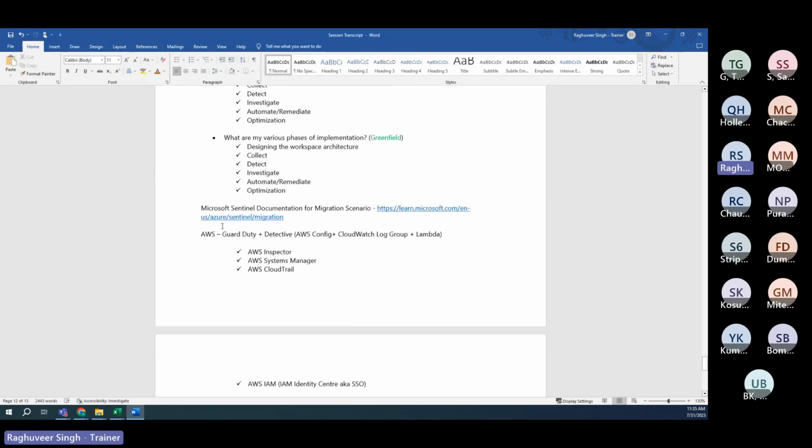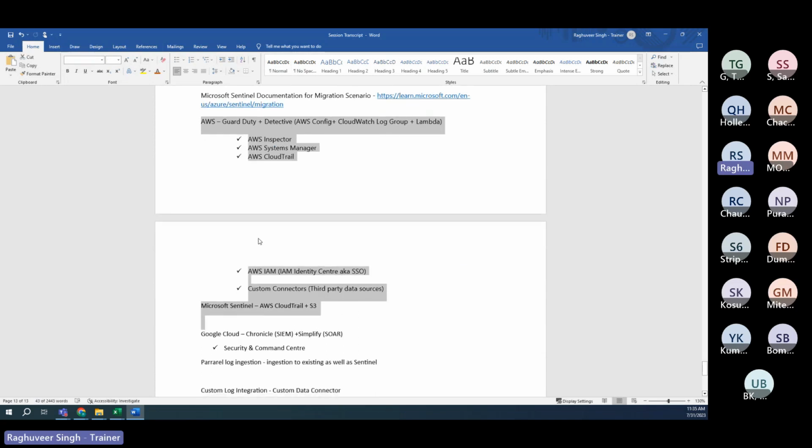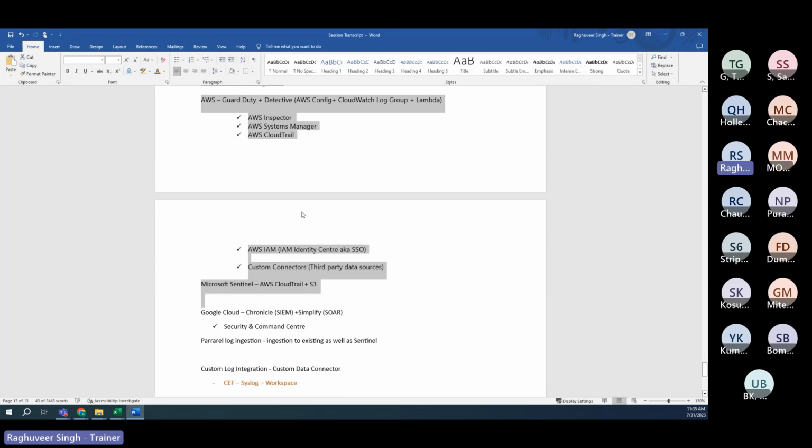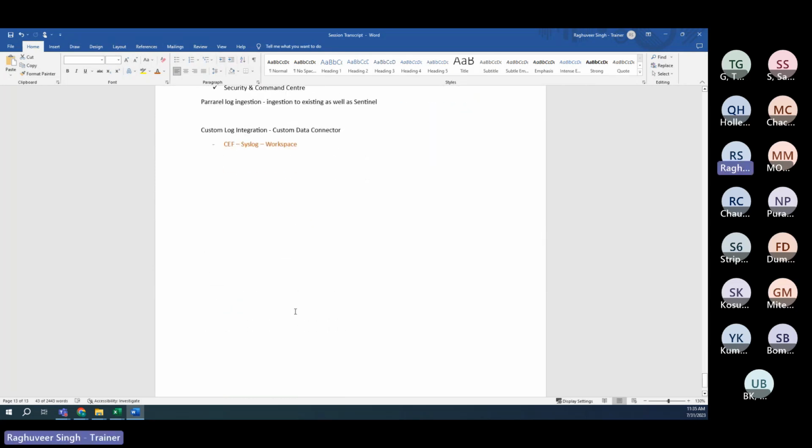This is great, that you have made me make a note of it. This will help you with AWS and GCP in future if you ever get an opportunity, because the process will remain the same. We'll move on to the next topic, which is the automation part. So we are done with the collect phase, we are done with the detect phase, we are done with the investigate phase. Now we are on